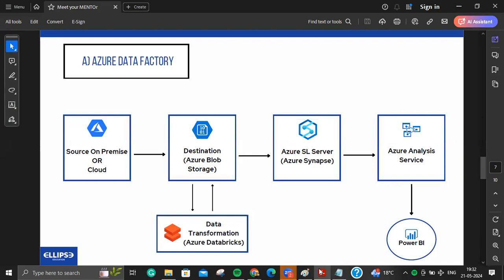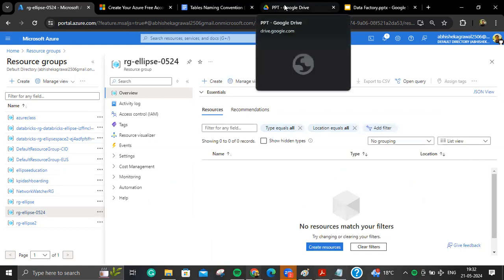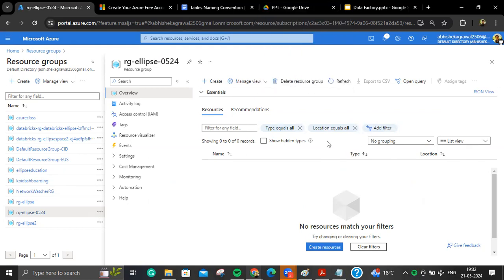What is data factory? Data factory is nothing but, suppose if you want to move your data from one place to another, right? Suppose if you want to move your luggage from one place to another, you need some sort of vehicle to move it, right? You need a taxi who will move you from one place to another. Similar to that, if you want to move your data from point A to point B, you need some sort of tool who can do it, right? So data factory is a tool which will help you to move your data from point A to point B. Okay, so let's try to create a data factory under this resource group.